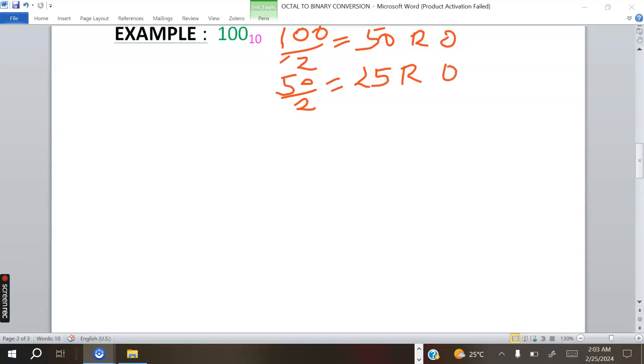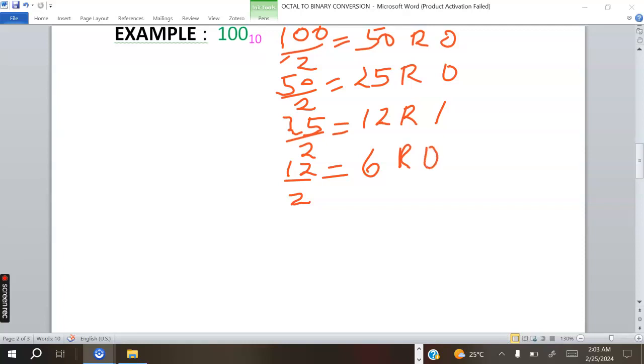Then the next part, the 25 now. 25 divided by 2 is 12 remainder 1. Then we have the 12 divided by 2, which is a 6 remainder